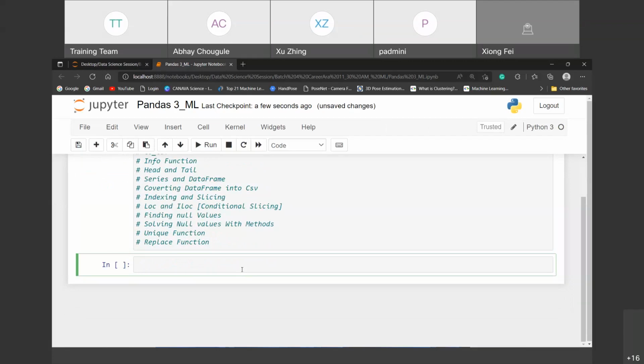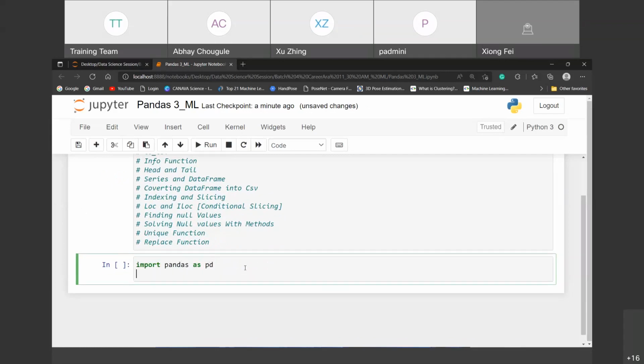The major point, I hope everyone is here, so I can start this session. I'll check a data set. First import pandas as pd. The data set equals pd.read_csv in the brackets. If I want to check the data set here,